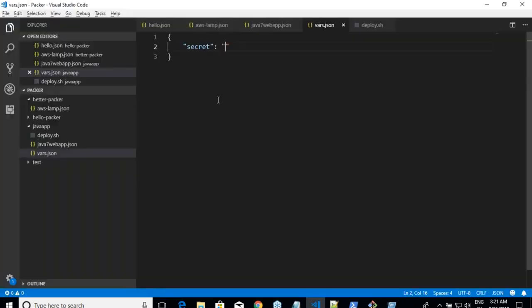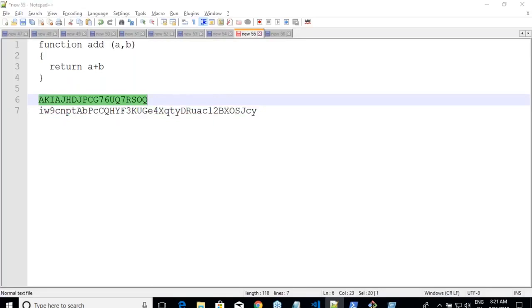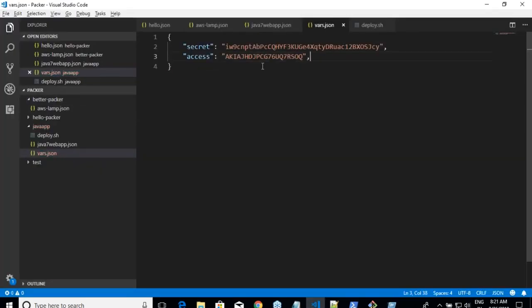Secret and access key don't make sense to write in a var-file, but I'm still showing you how to write this. Then access, this is the access, all right? And then what is the last variable name? AMI name. I can just say GOL, something like this, GOL hyphen dim. I'm passing these 3 variables, right?